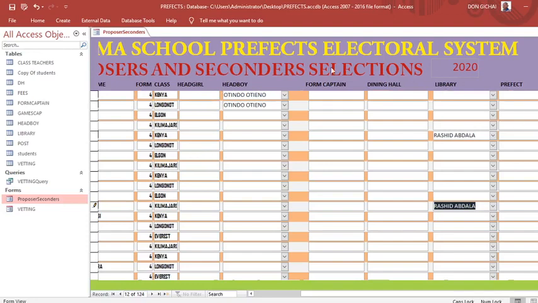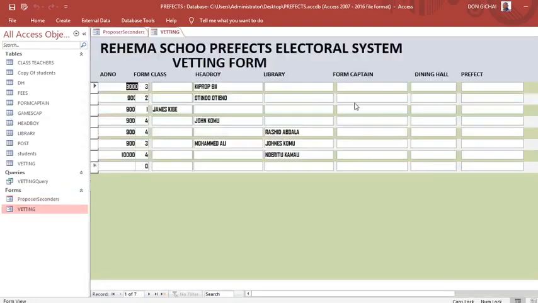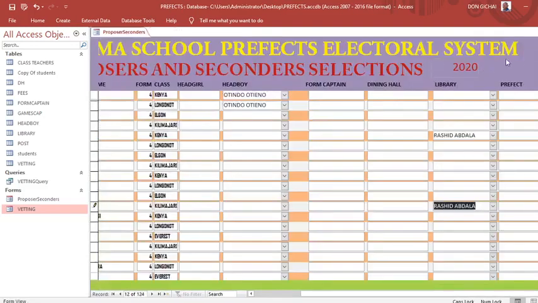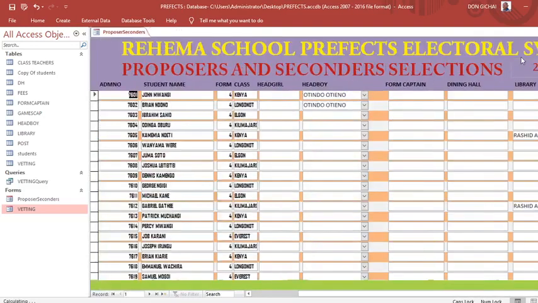Therefore, that's how you do the seconders and filtering of this one. If you add somebody else, like for the head boy, the only person qualified was this. Let's assume more of them qualified, and we just go and tick that all of them have qualified. Then if I refresh this one by pressing F5 on the keyboard,